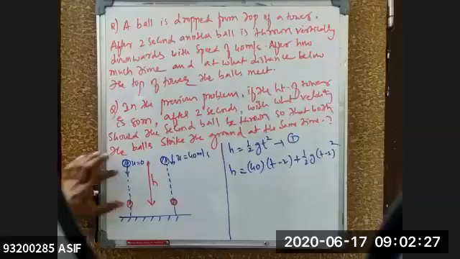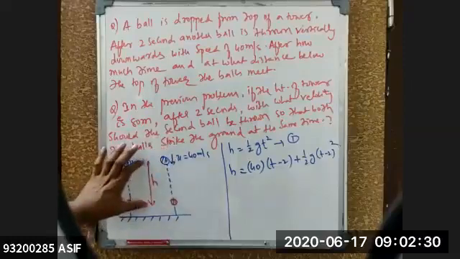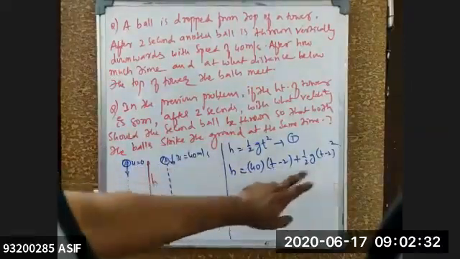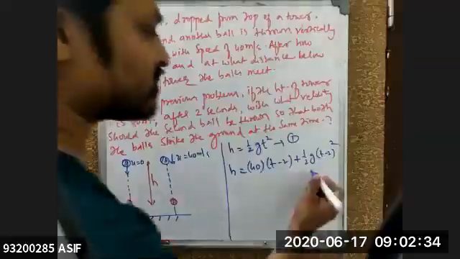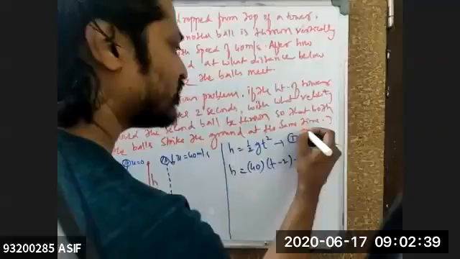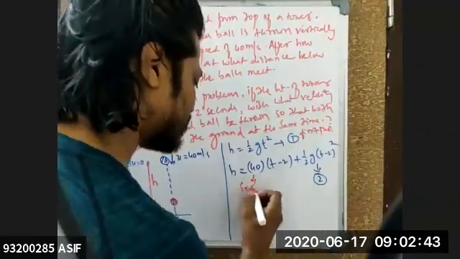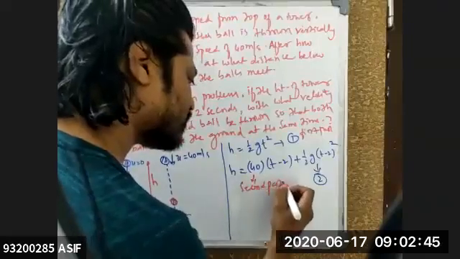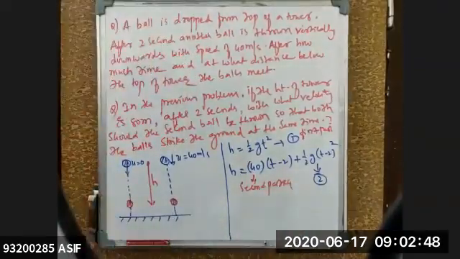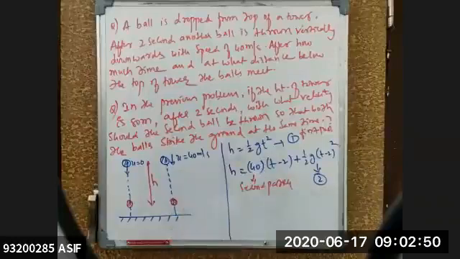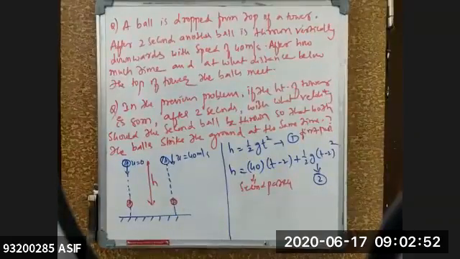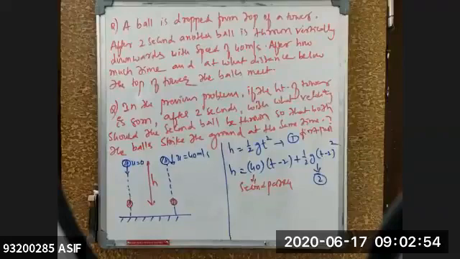Okay, so you can first calculate the time when they will be meeting. Once you get the time, then you can calculate this height. Substitute that value of time in equation number 2 or 1. This is for the first particle, and this is for the second particle, where time is t minus 2. You just equate both of these and you will get a quadratic equation. From that you can calculate the value of time, and once I get the time, then you calculate the height. So I hope you can do that question.